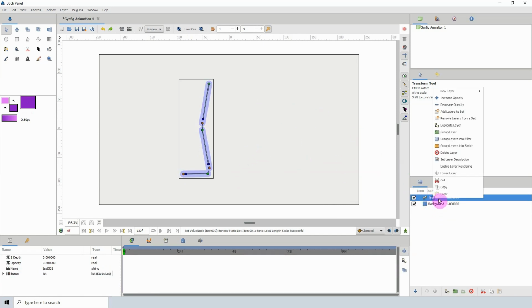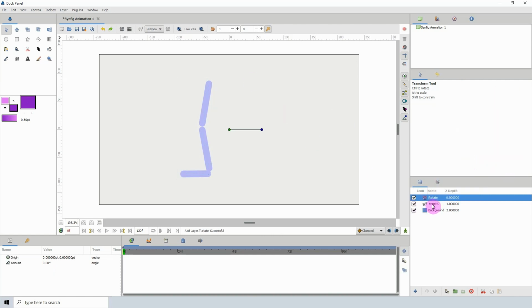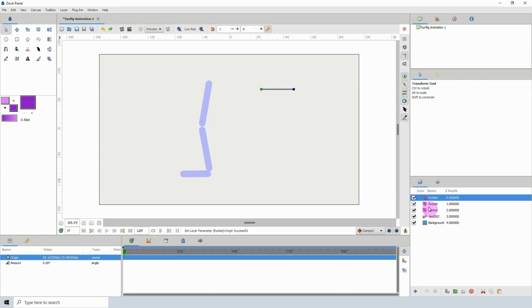So for the controls, I'll be using the transforms and I'll be using the rotate transform. So select the rotate transform, and to make our lives much easier, we can just copy and paste that, or duplicate it 2 different times. So we have 3 different rotate controls here. So this one at the top, I'm just going to move it here. And this one here, I'm going to move it below that one, and then this one, I'm going to move